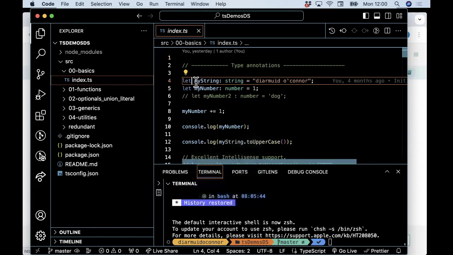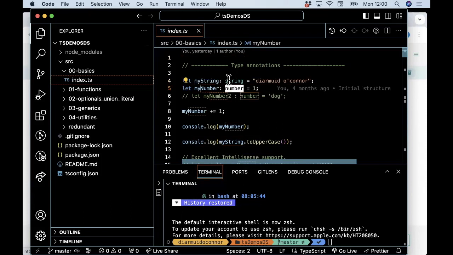Right, again, here I'm declaring a variable called myString. I'm saying its type is string, and I'm assigning it a string. That's fine. Here I'm declaring a variable and its type is number. Number and string, as we saw on the slides there, are two of the primitive types that come with the language, and I'm assigning it a numeric value. If I try to assign a string to that,